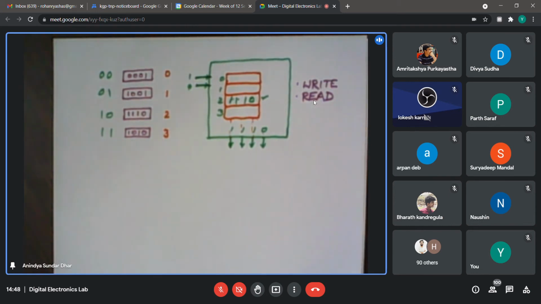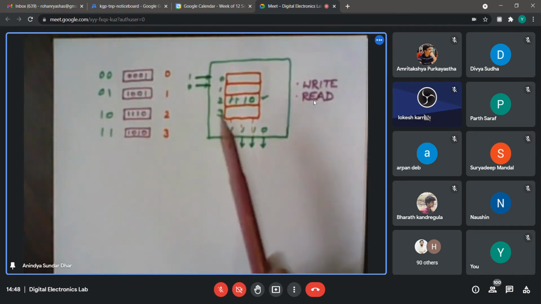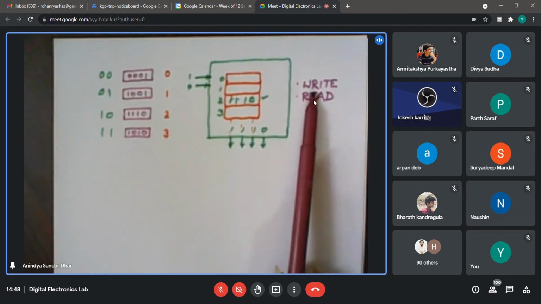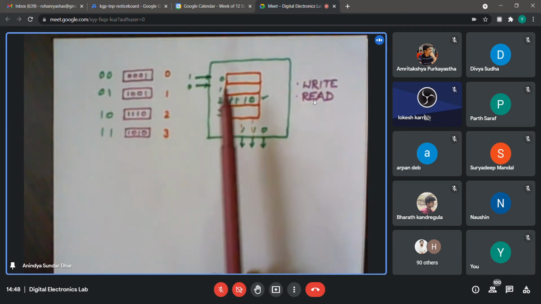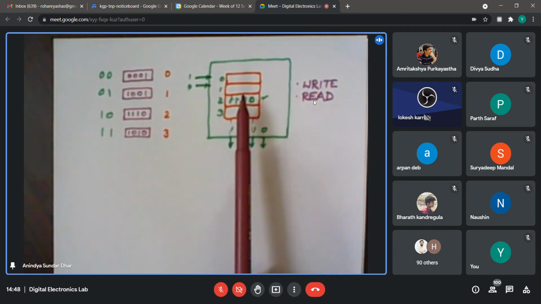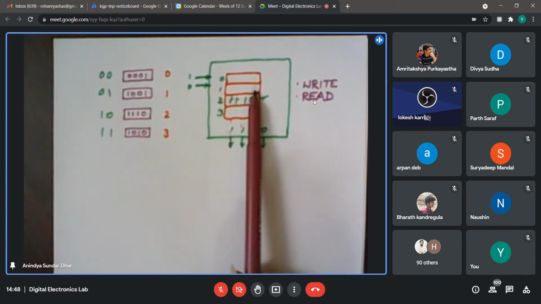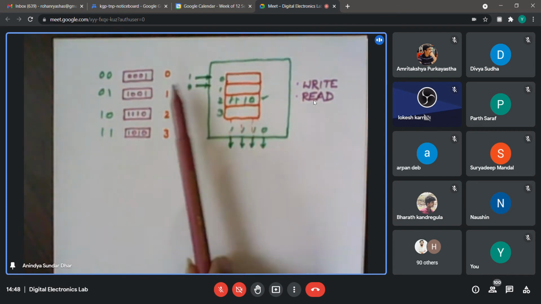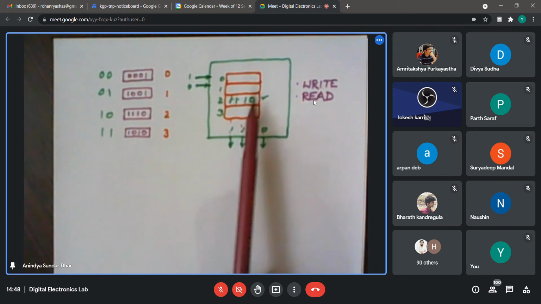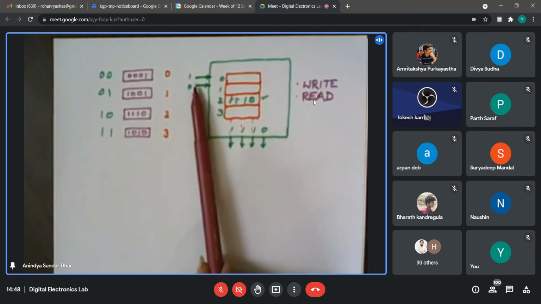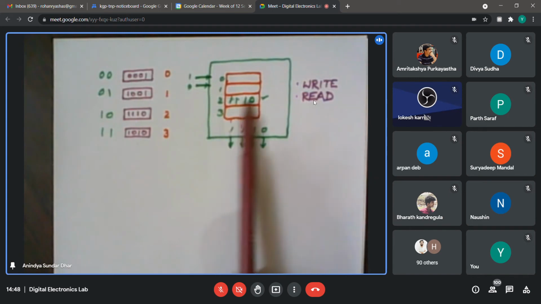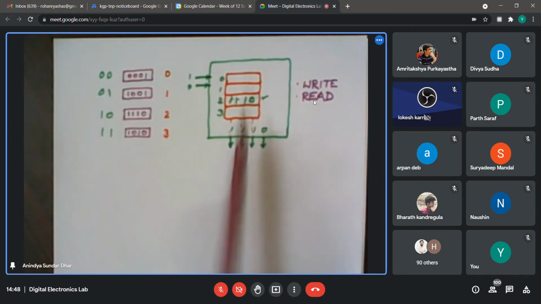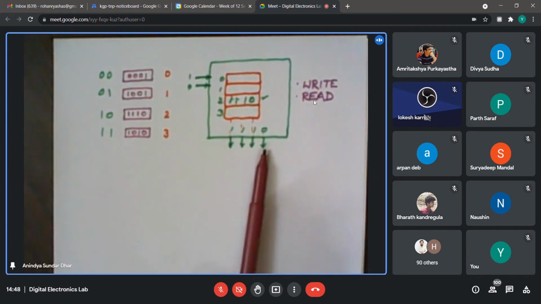Exceptions are also there in general. So only after writing will I be able to read. I'm coming to that. But if I look into the structure of the memory, there will be several such locations which can be uniquely addressed by several bits. Here I have taken 4 such locations. That is why I have shown 2 address bits. And as I said, each location can hold 4 bits of data, so I have shown the data bus width to be 4.